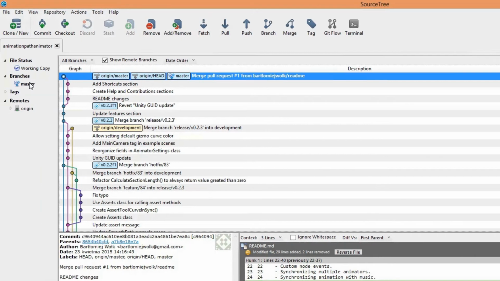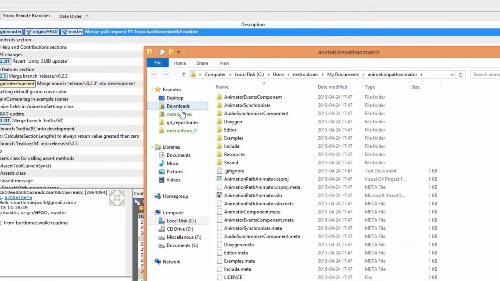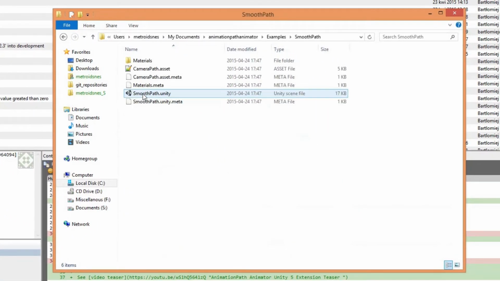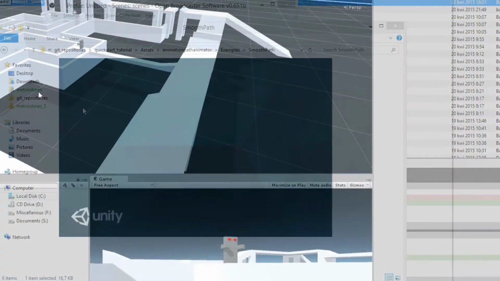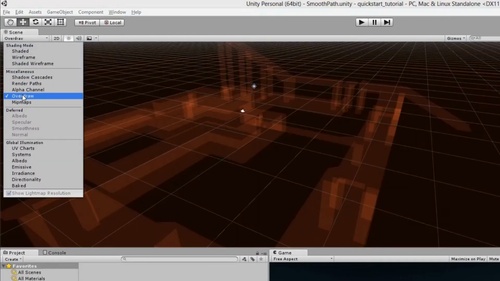After cloning is done, the master branch will be checked out by default. You can pull into this branch to get the latest updates. Now, open the AnimationPath Animator project folder, and go into the examples folder. Open Smooth Path Scene. It may be easier to work with the paths with the scene draw mode set to